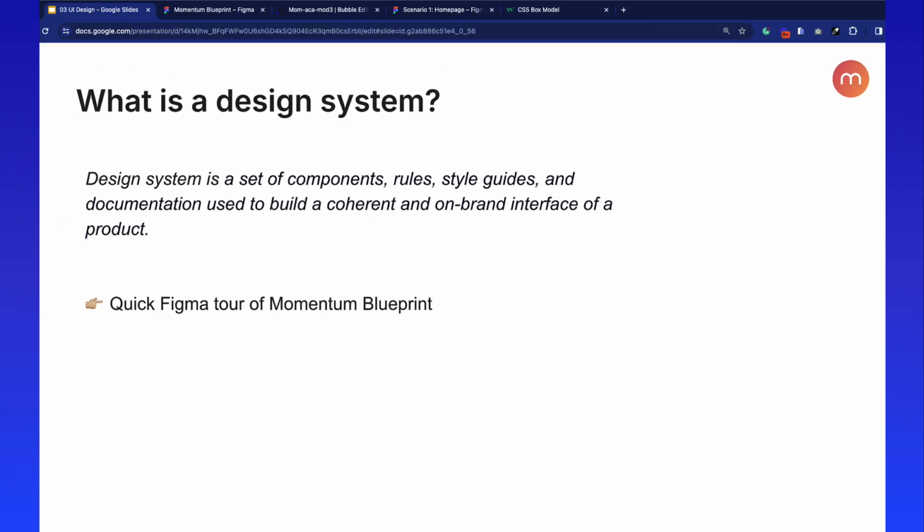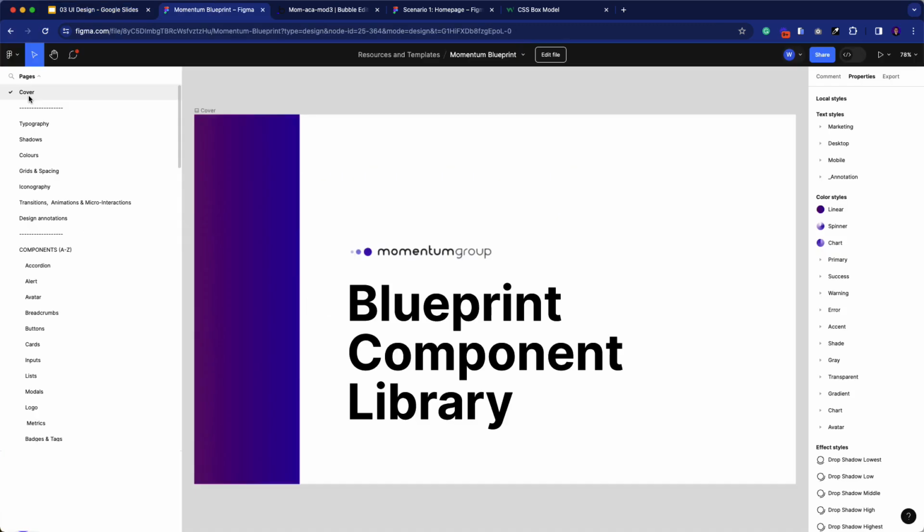Before we open Bubble, here's a quick recap of what a design system is. A design system is a set of components, rules, style guides, and documentation that you use to build a consistent interface. Most brands create their own design system. Let's open the Figma file for the Momentum blueprint and take a closer look. We explored some of this during our micro interaction session, but now we'll look at it through the lens of